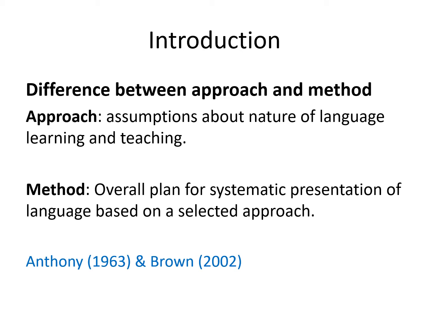Approach gave us a set of rules and a set of beliefs or concepts, and method is a way. By walking on that way, we can achieve our destination. So it's related to practicality, whereas approach is related to theoretical knowledge, theoretical baseline or foundations